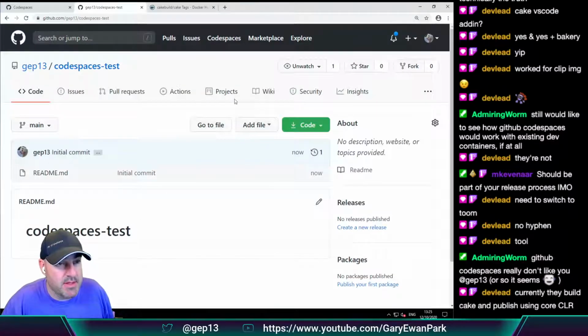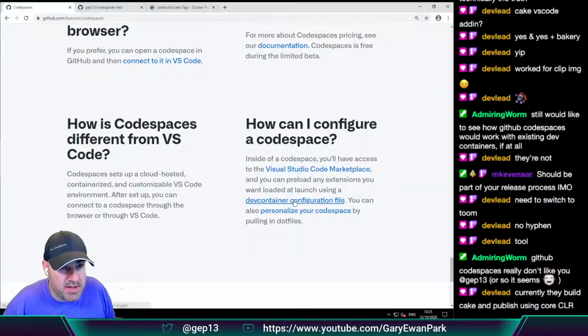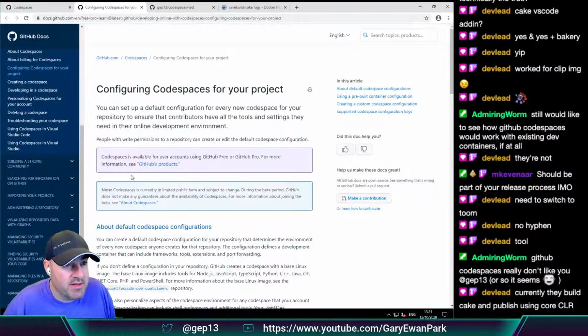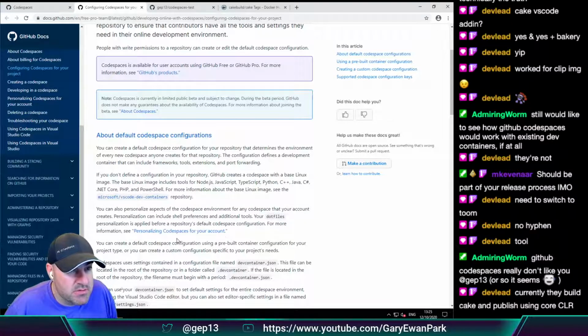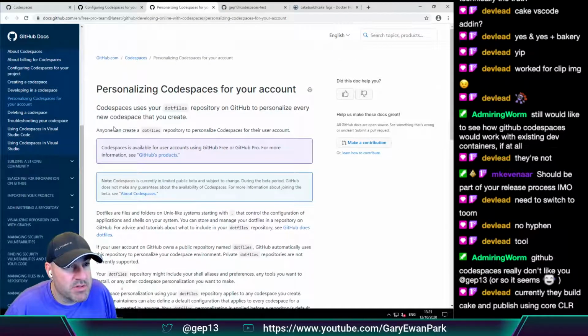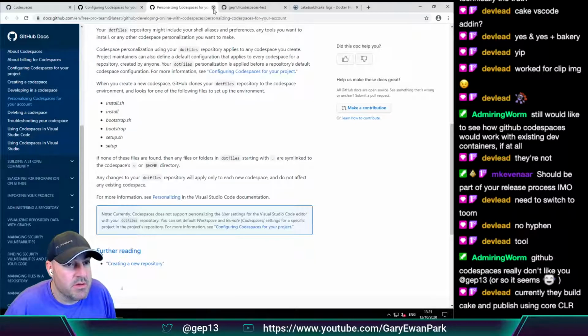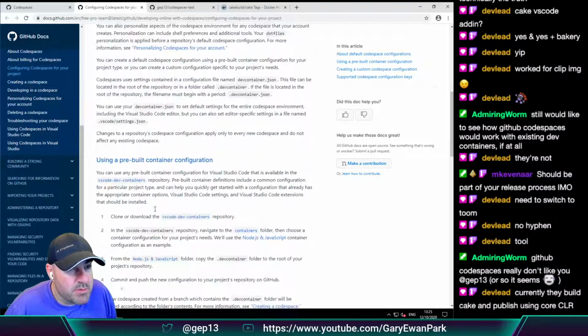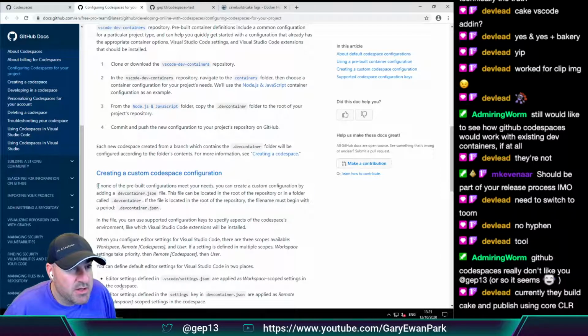I see. So what Codespaces said was that I can personalize this with a configuration file. So what I need to do is personalizing Codespaces. Well, that's all about .NET. Using a pre-built container, creating a custom Codespace configuration. If none of the pre-built configurations meet your needs, you can create a custom configuration by adding a dev-container.json file. This file will be located in the root of your repository. This file can be located in the root of your repository or in a folder called .devcontainer. If the file is located, so let's create a new folder,